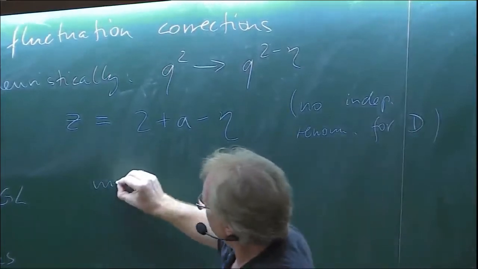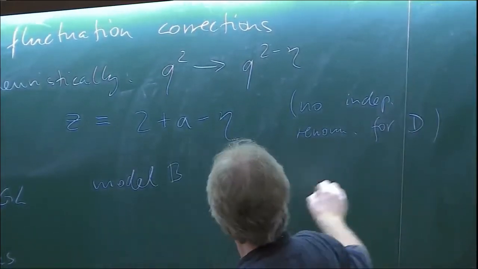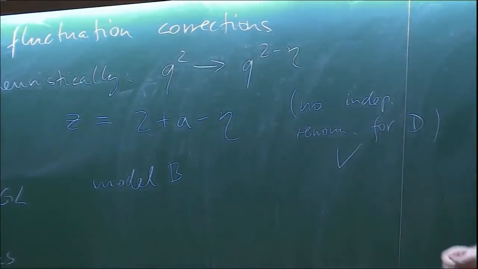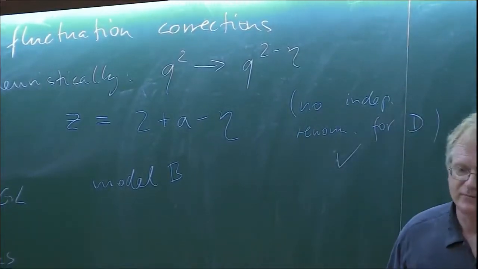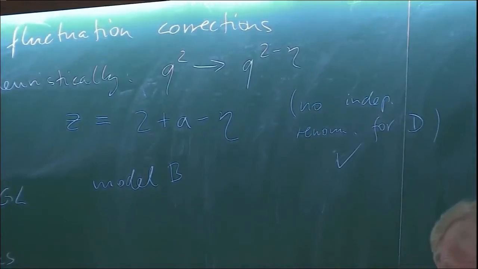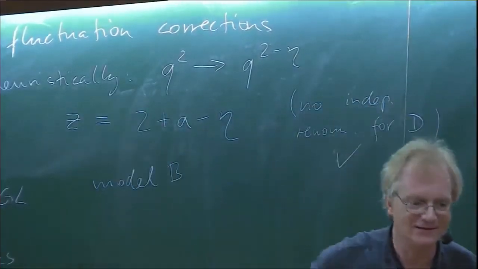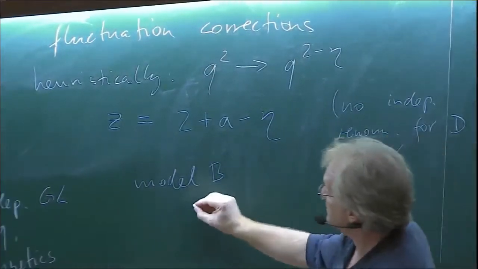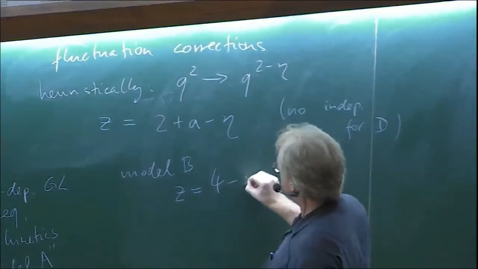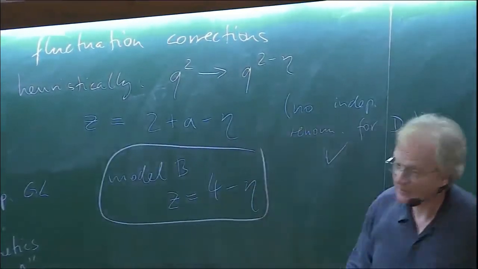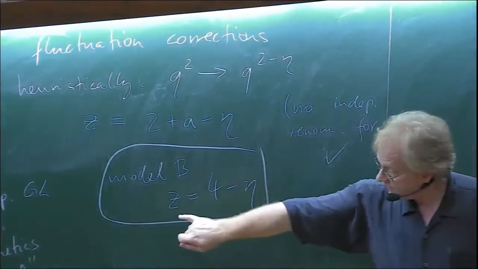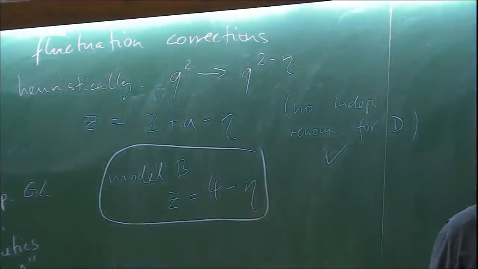And it turns out if I look at model B, that is in fact correct. And it is correct because of the conservation law. Renormalizations could only happen in the long wavelength limit. In the long wavelength limit, there is no relaxation, because of the conservation law. So indeed, this doesn't pick up anything. And you can show that formally. I'm just doing a slightly more educated heuristic argument here. And so that means indeed we have z is 4 minus eta exactly for model B. That's an exact scaling relation that gives you the dynamic exponent in terms of static exponents.